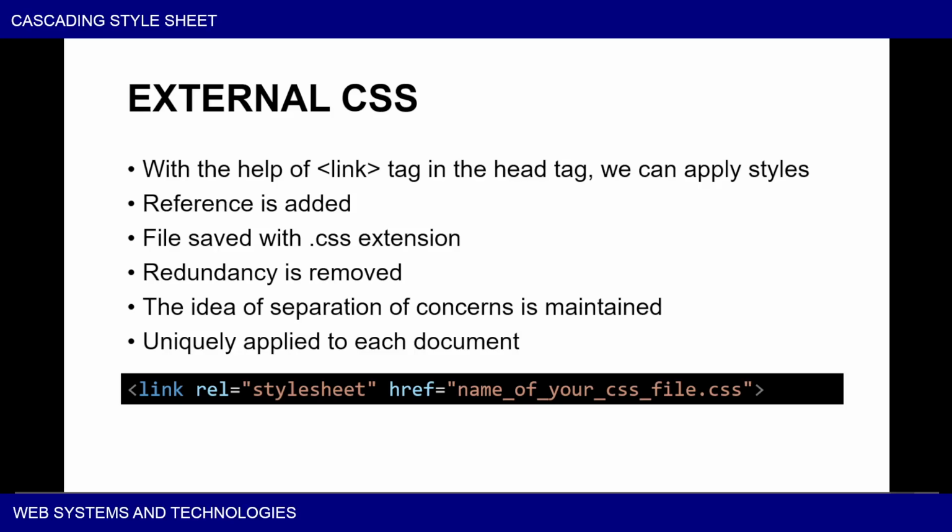So we can apply style, and then you could use the reference is added, and the file that we use for external CSS has an extension of .css. And great here is redundancy is removed and the idea of separation of concern is maintained, and it is uniquely